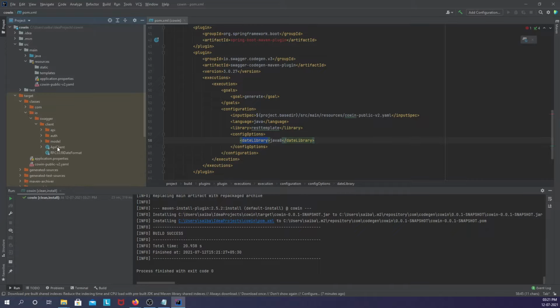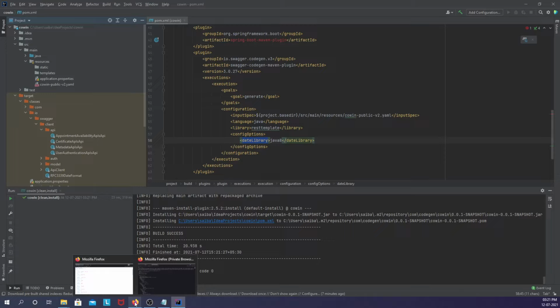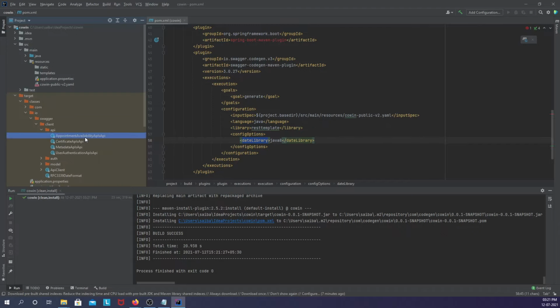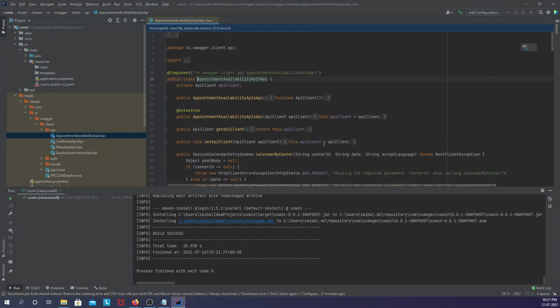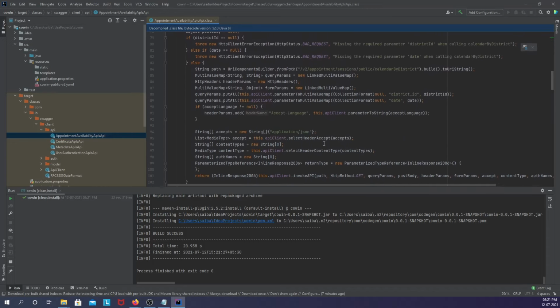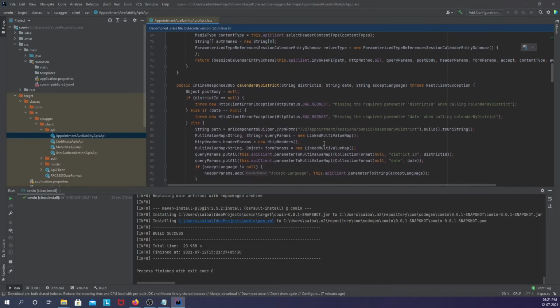You can see the Swagger client, the client API. The APIs that we have seen in the UI, like appointment availability, certificate, metadata API, user authentication API. For each of these, the client invocation logic is automatically generated.